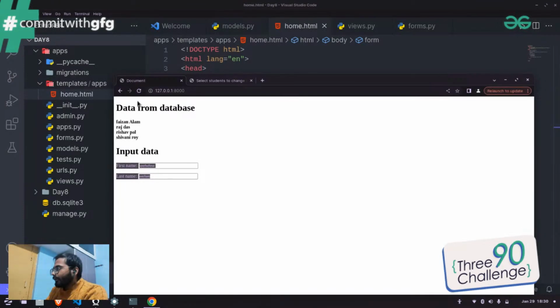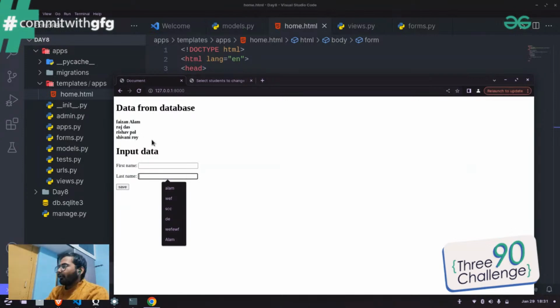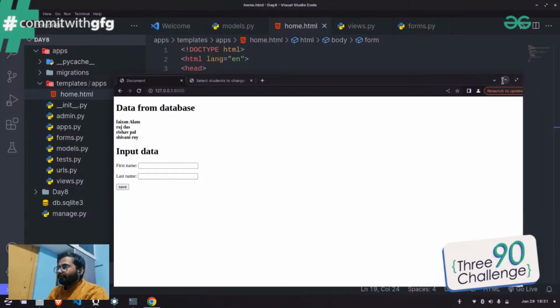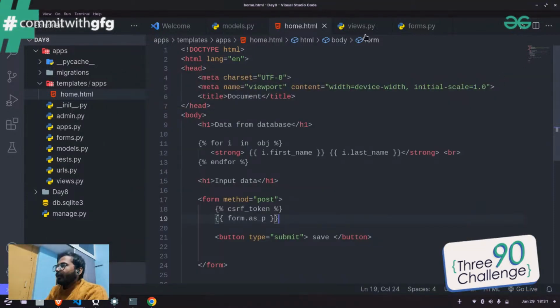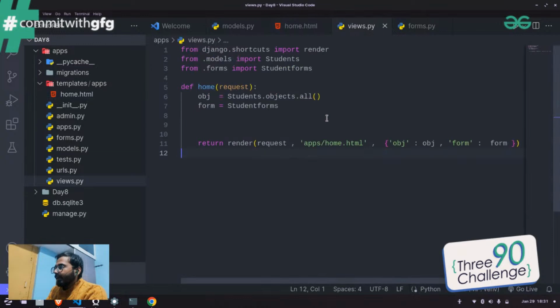Now just to refresh it, we have to write some field and save it. Nothing is going to happen because we have not written the logic to save the data inside the database. The idea is whatever the user adds over here, we are able to see the data at the top of that page. Cool. Okay, so I can go over here, and here we have to write our logic